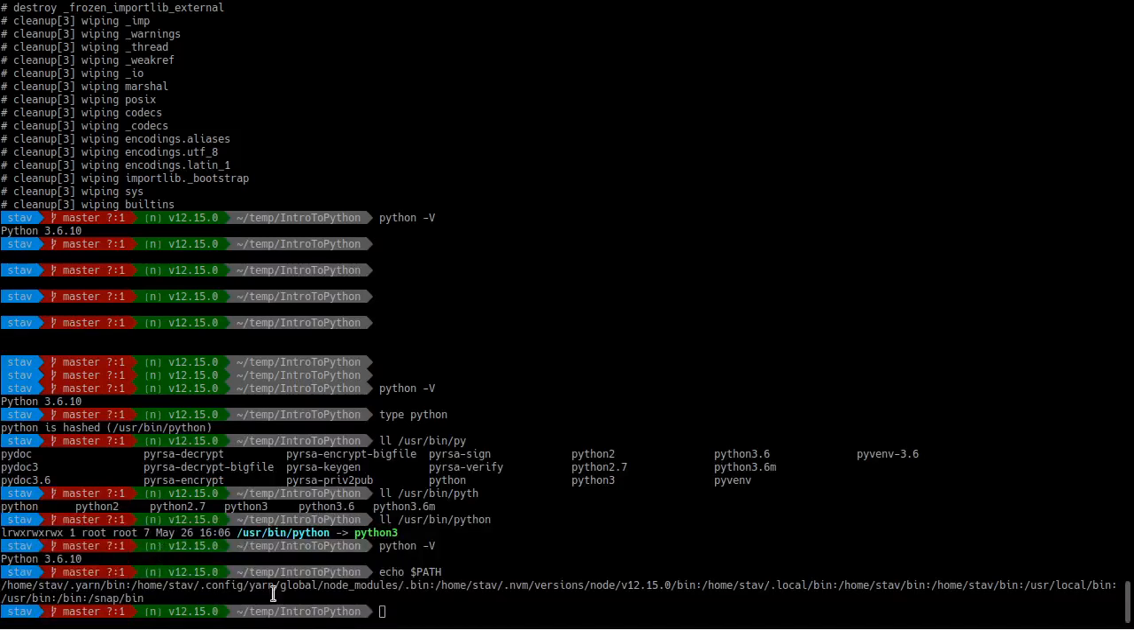Got to keep my screens up to date with what I'm doing here so you guys can see what I'm doing. All right, so you can see I said type Python, and it told me it was hashed to user bin Python. So now if I do echo path, now I'm in the shell, remember. This is not Python yet. This is just shell scripting, just shell commands, which you could also think of as operating system commands. So my actual Python installation is user bin Python,